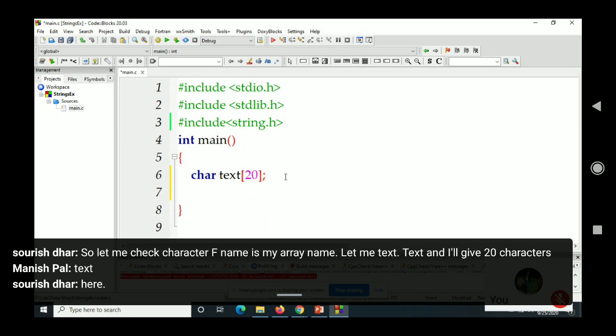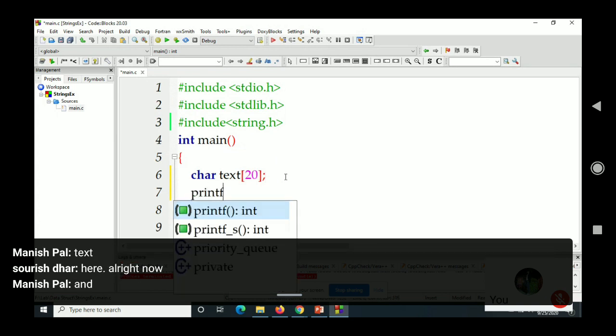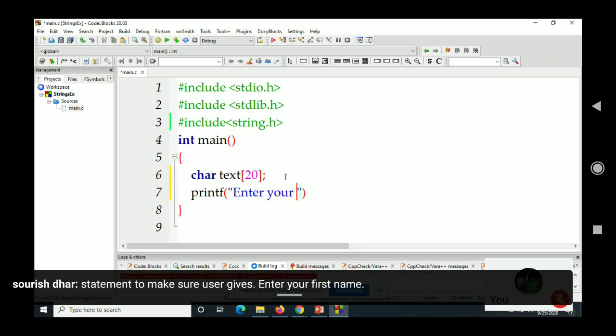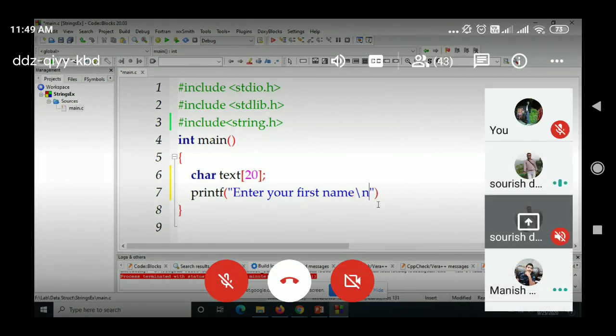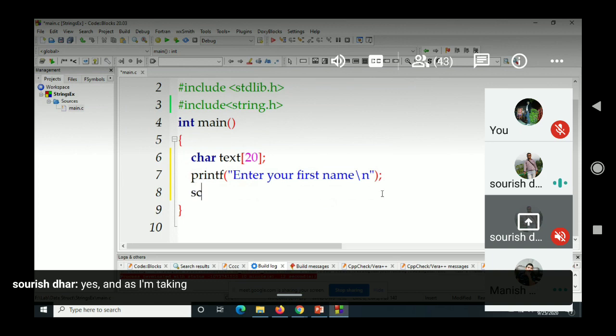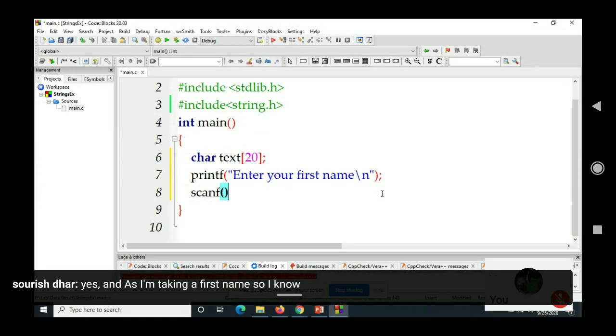Now use a printf statement to ask the user: Enter your first name. And as I'm taking a first name, I know there won't be any gaps here, so I can directly use scanf.